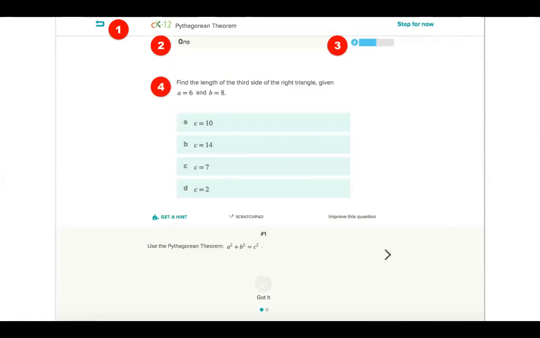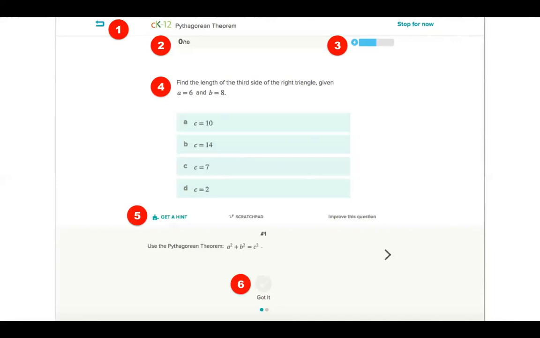We have a lot of different types of questions that appear in practice. They include multiple choice, true/false, fill in the blank, and select all that apply. We also have hints available at the bottom left during practice for most of our concepts. So there are 2 ways to scroll through hints here. We've got the Got It button that allows users to cycle through hints, or the arrow button.